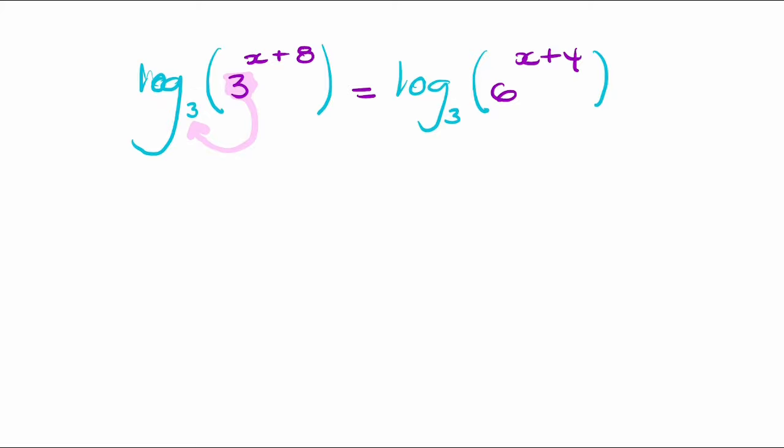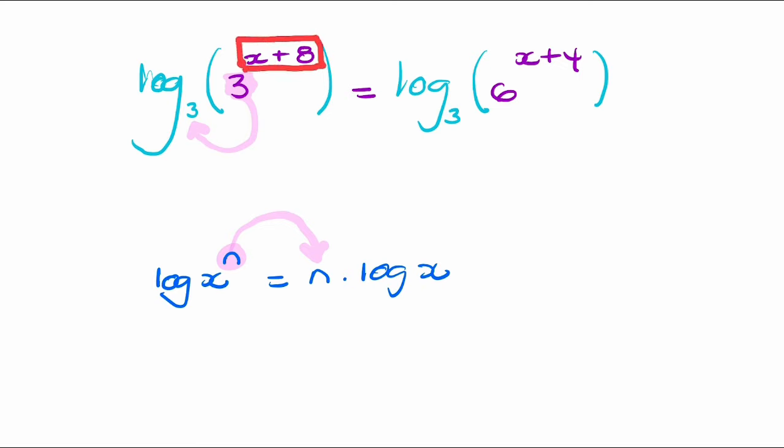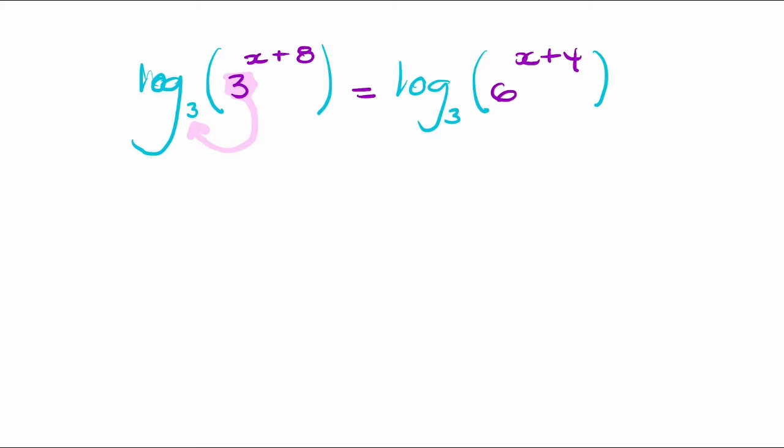Now remember there's a rule in logs. If you've got log x to the base n, you can write that as n log x. So the power can become a coefficient. You can multiply. So the same thing applies here. This power can become a multiplier. So we can bring the power down. So we can now rewrite that as